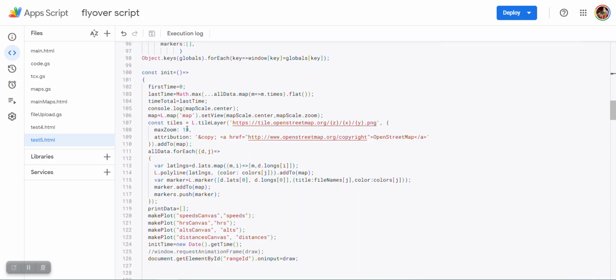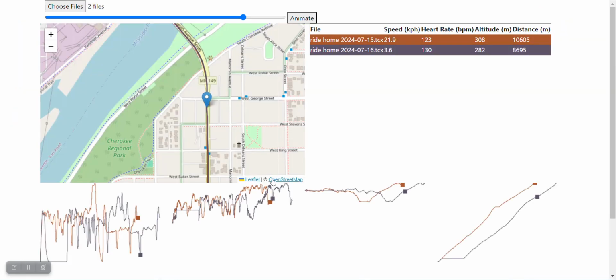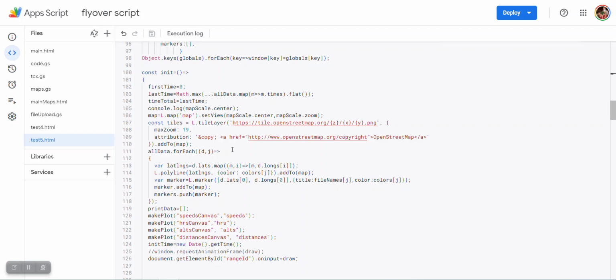I'm not sure what this max zoom does. I just left it at 19, seemed to be fine. And you have to do this attribution stuff. The attribution is this stuff in the corner. So you have to do that. And so then I add the tiles to the map. And then for all of the data, which has already been loaded in, I